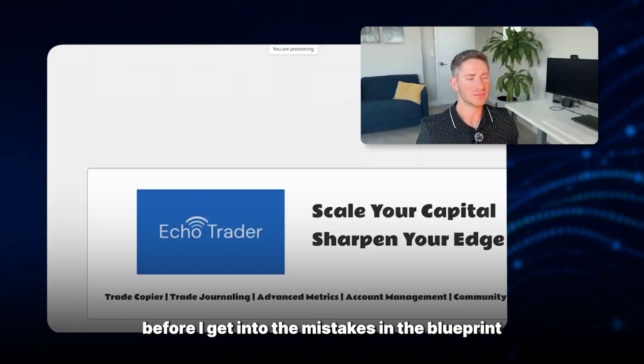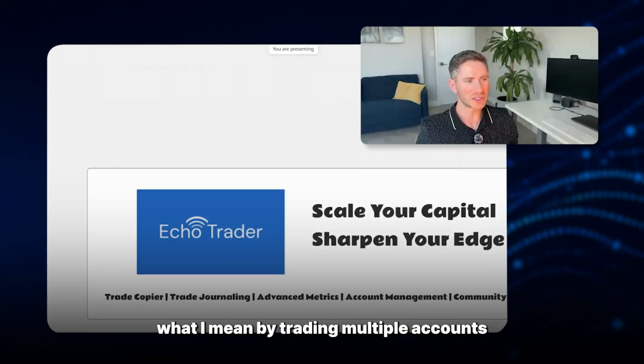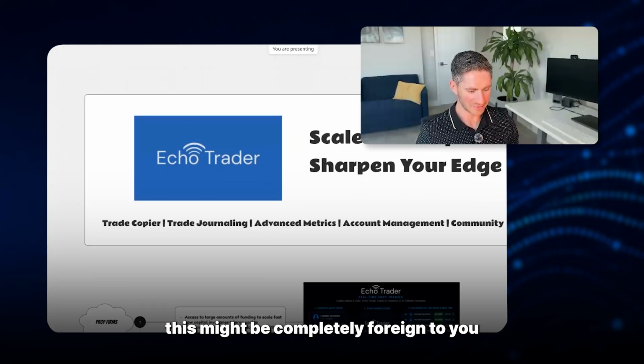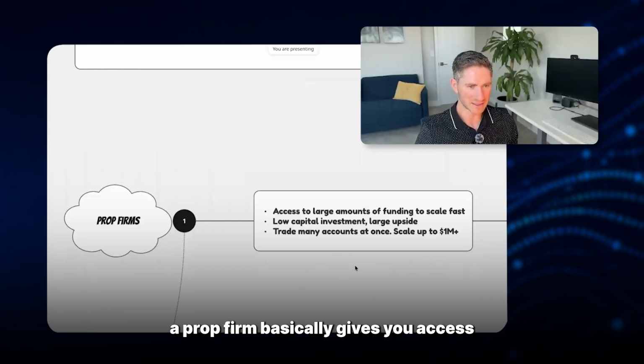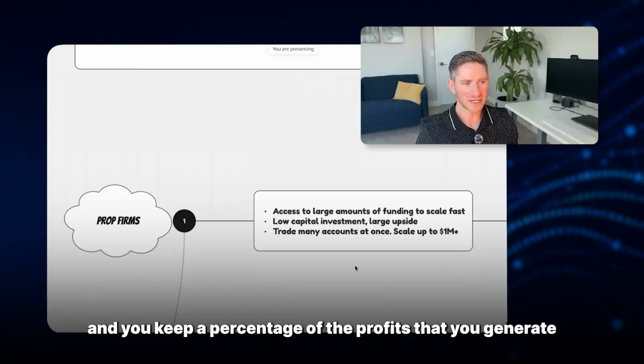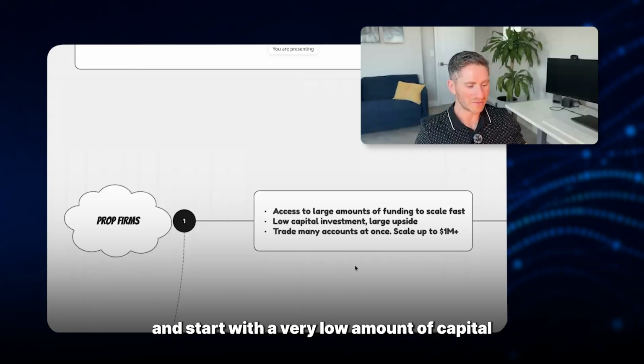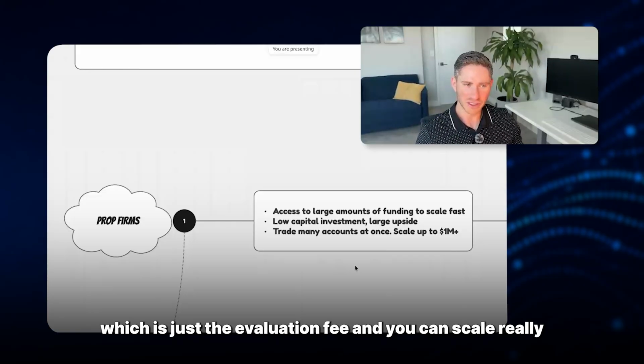Before I get into the mistakes in the blueprint, let me quickly explain what I mean by trading multiple accounts. Because if you're brand new to prop firms, this might be completely foreign to you. A prop firm basically gives you access to a funded trading account after you pass their evaluation, and you keep a percentage of the profits that you generate. And the reason that I like this model is because you can trade multiple accounts at the same time and start with a very low amount of capital, which is just the evaluation fee, and you can scale really, really